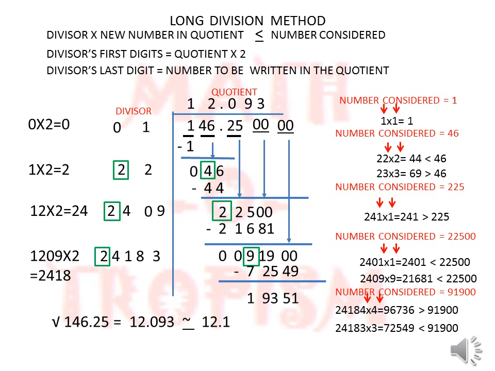The only thing we need to remember is that we are always taking the divisor's first digits as whatever is there in the quotient into 2, and we put a digit both in the quotient and in the divisor's last position in such a way that both the numbers are the same. This is always how we do it for a square. So the easiest method is remembering that the first number considered will always be taken as a number's square which is lesser than the number considered.